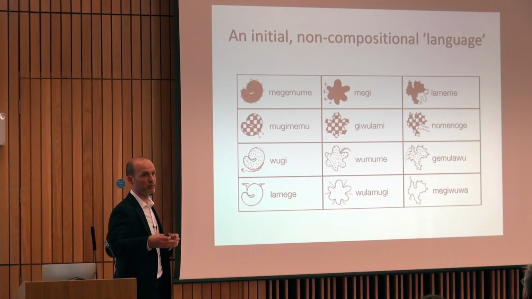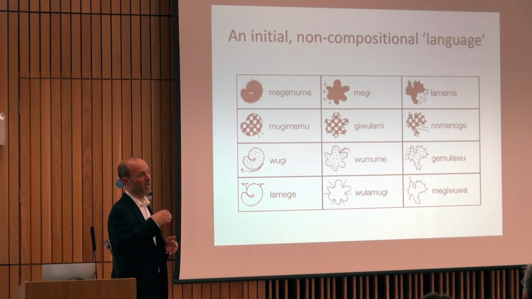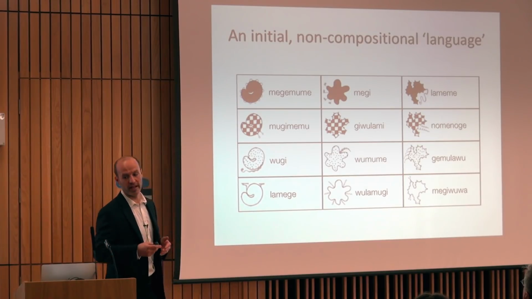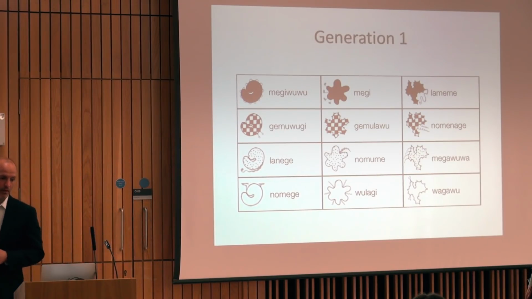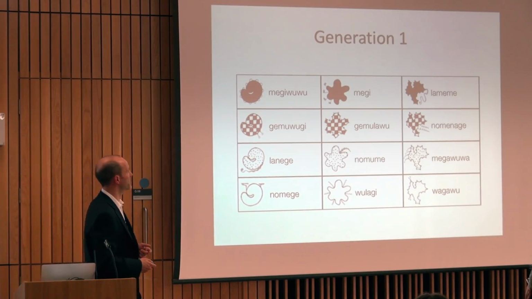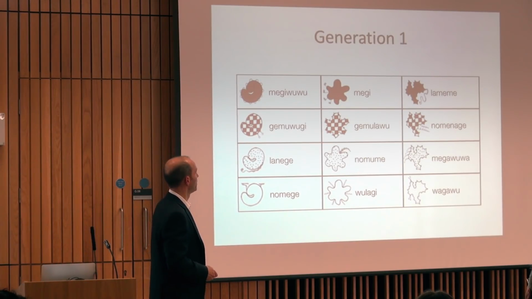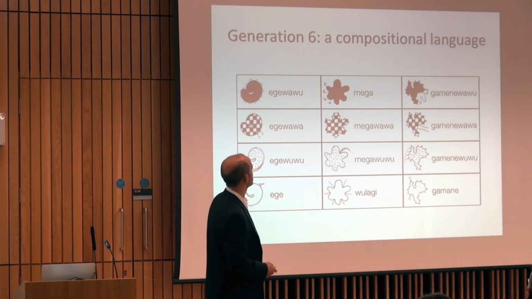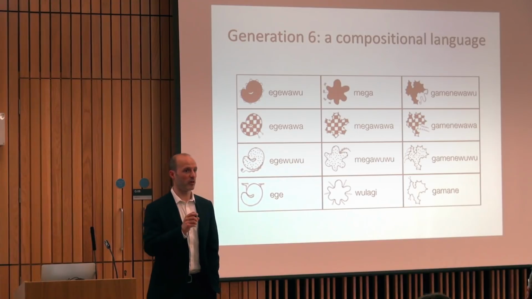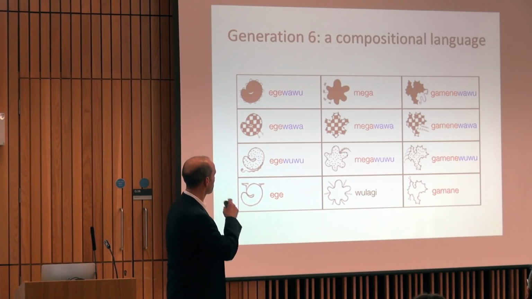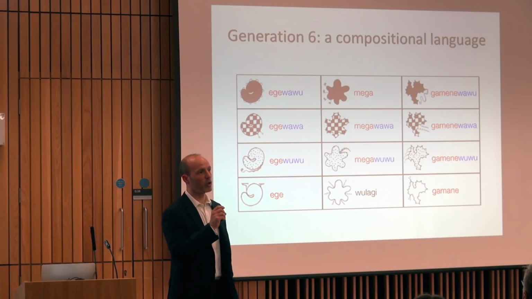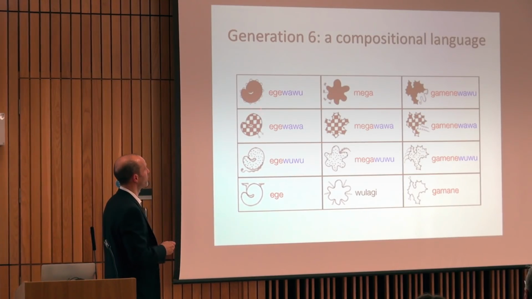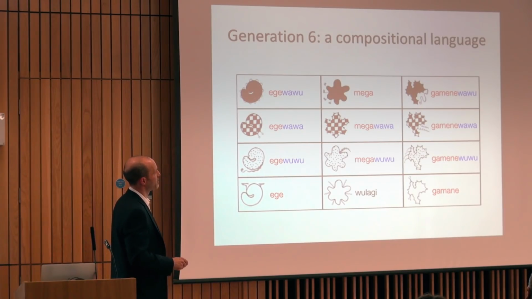Then we just run this iterated learning process. We get people to learn this language, use it to communicate, and we pass whatever they produce during communication on to the next pair of participants in the chain. We can fast forward through one of these chains of transmission and see how the language evolves. The initial language, first generation make a bit of a mess of it. The language jumps around and then quite rapidly settles until by Generation 6, it's developed a very simple but quite regular compositional structure, which I'll pick out for you with color highlighting. It's gone from a non-compositional starting point to a system where the first part of each label conveys the shape, so eggy for this thing, mega mainly for this thing, and then gammony for the spiky thing.